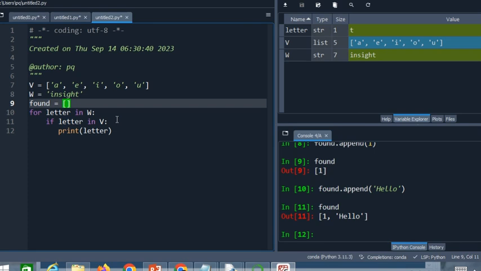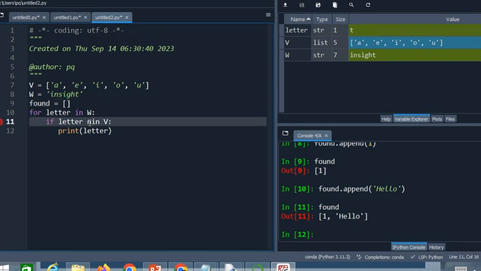The absence of an object in a list can be checked with the not in operator. We use the conditional if and say that if this letter is not found in this list, add this letter to found. Let's say that for letter in W,